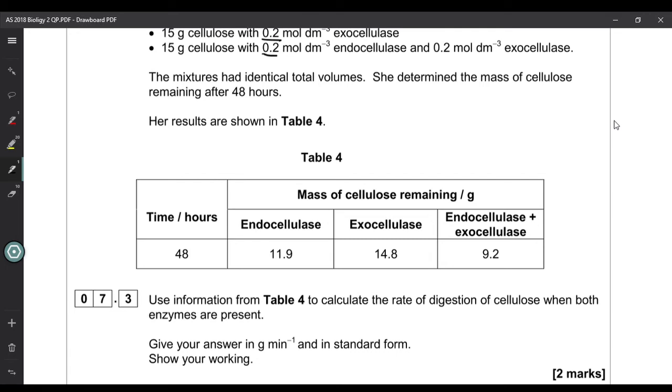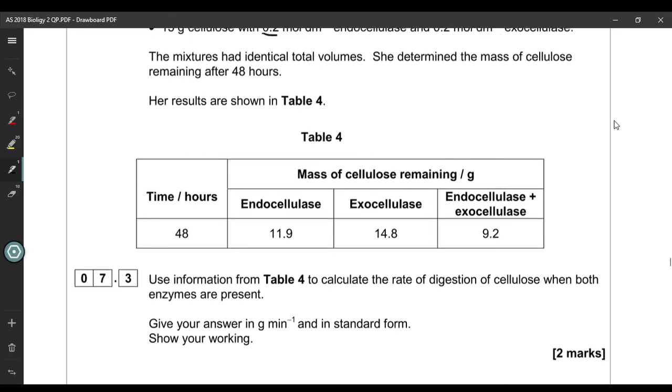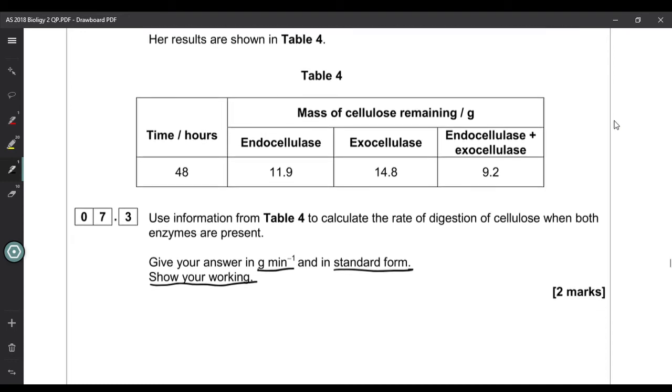So the question asks us, use the information in the table to calculate the rate of digestion of cellulose when both enzymes are present. Give your answer in grams per minute and in standard form. It says show your working. So the first thing we need to know is how much cellulose is being digested. So we saw earlier up in the question, we start with 15 grams. So if we start with 15 grams and we end with, in this case,